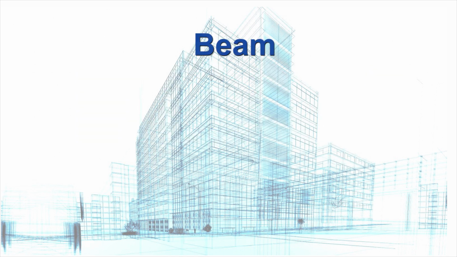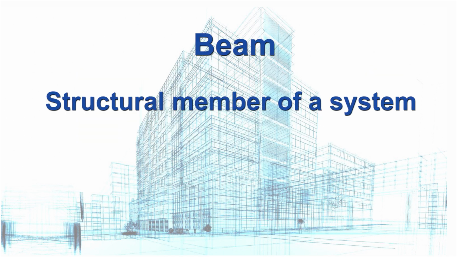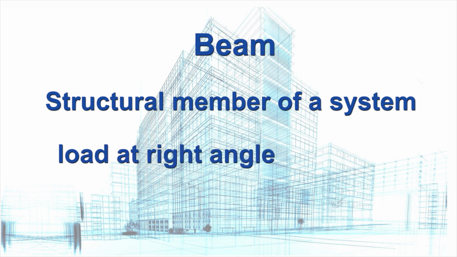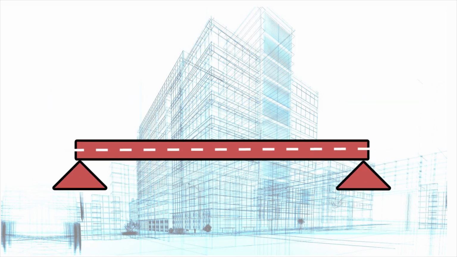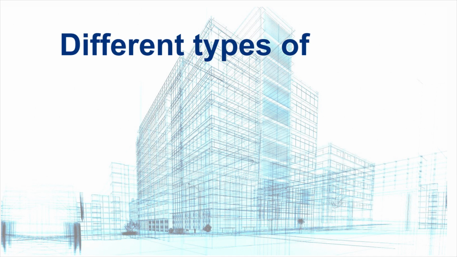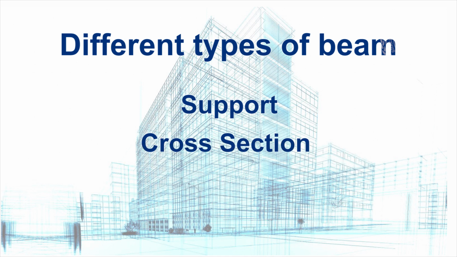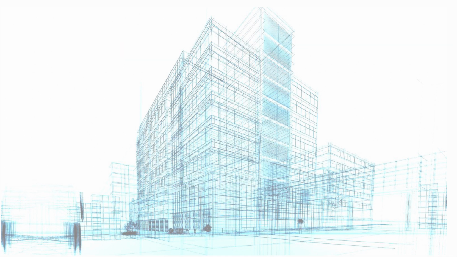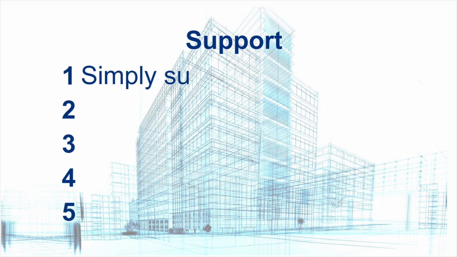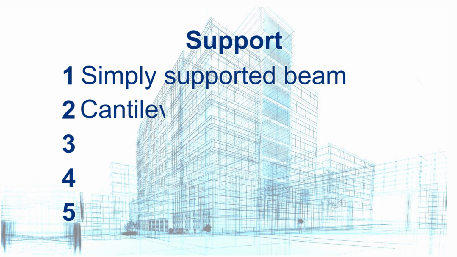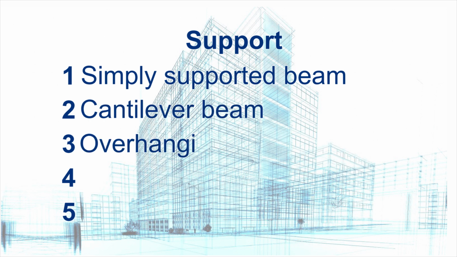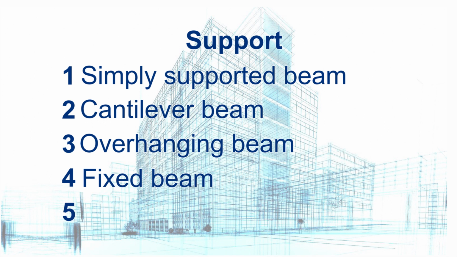Beam is a structural member of a system having external load at right angle to its axis. You can see dotted line in the axis and load applied at the right angle. There are different types of beams on the basis of support, cross section and geometry. On the basis of support, there are 5 types of beams: simply supported beam, cantilever beam, overhanging beam, fixed beam